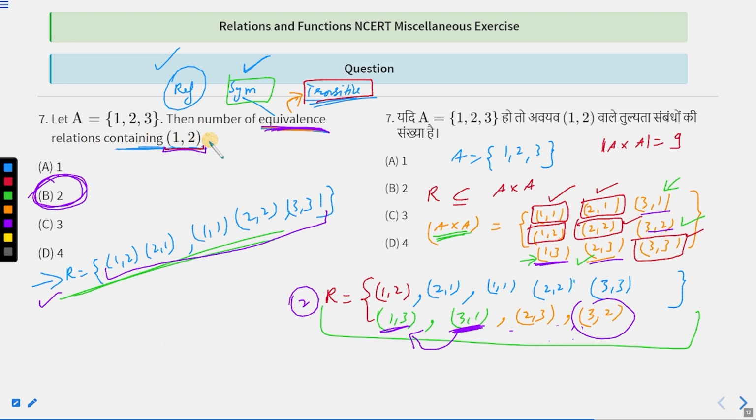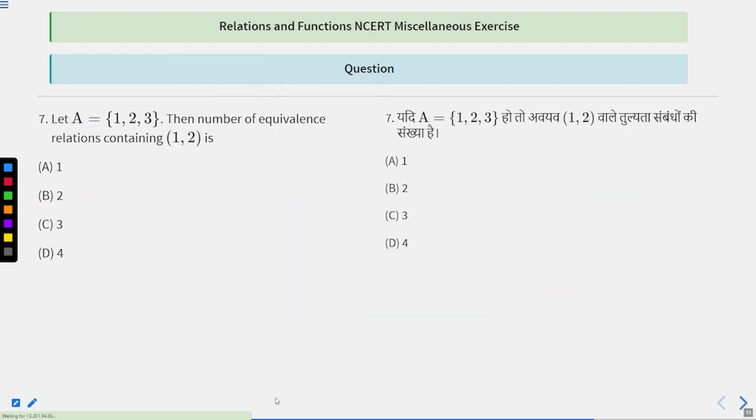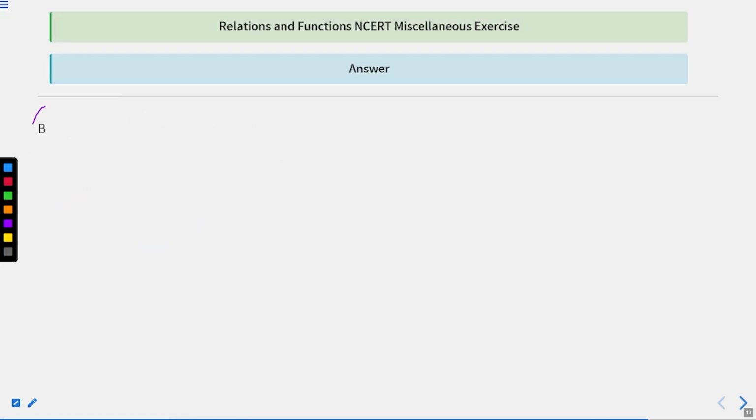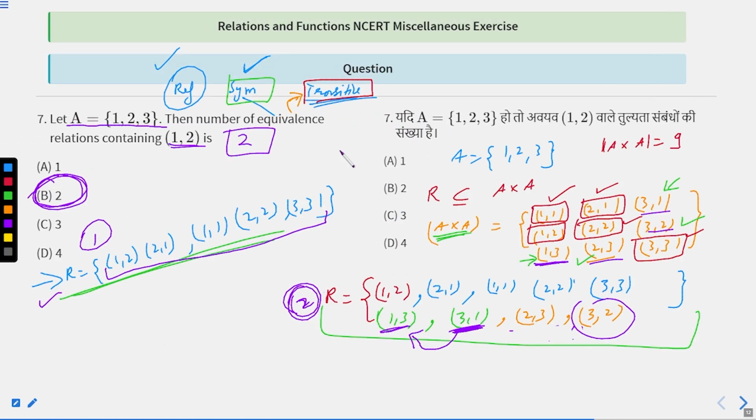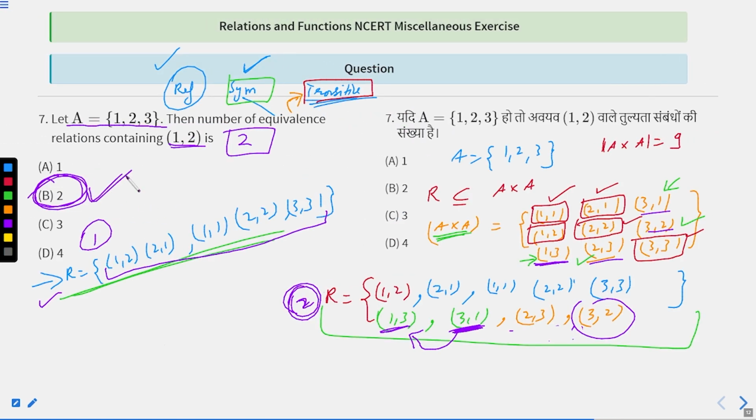So for this set A = {1, 2, 3}, the number of equivalence relations containing the pair (1,2) is equal to 2. I hope it is very clear to you what is happening and how we arrived at this and this. So option B was the correct option. So 2. That's it